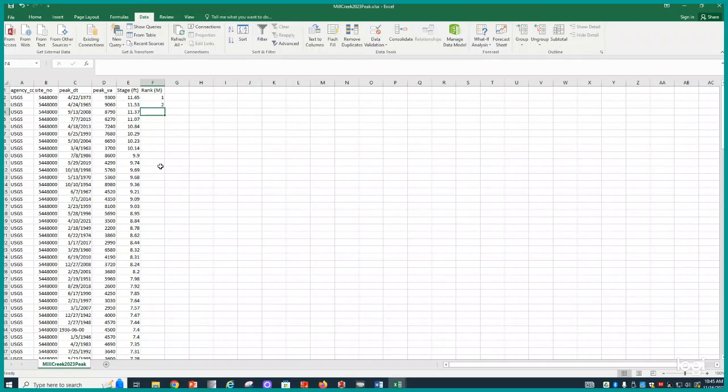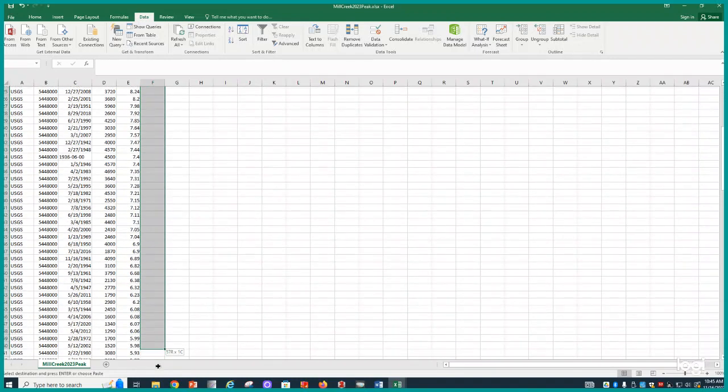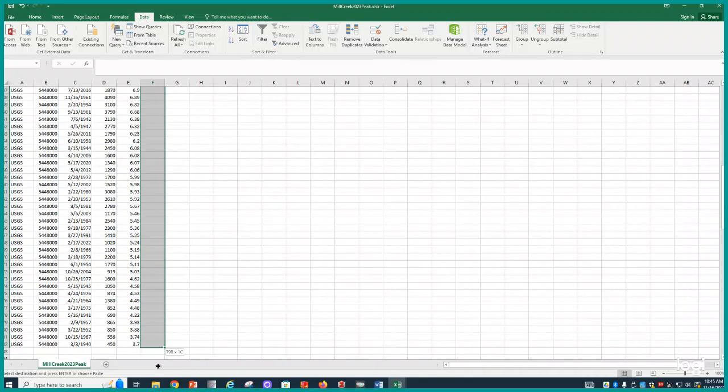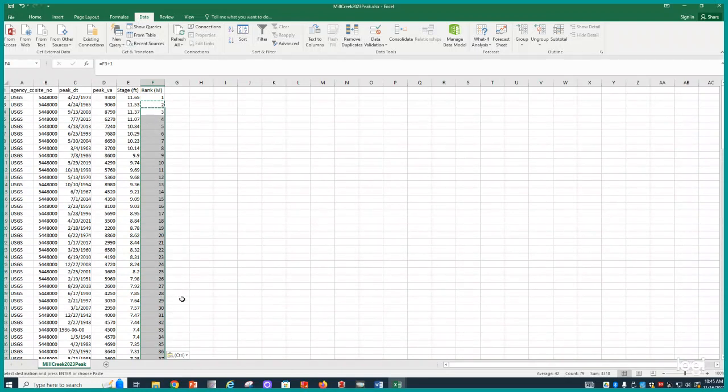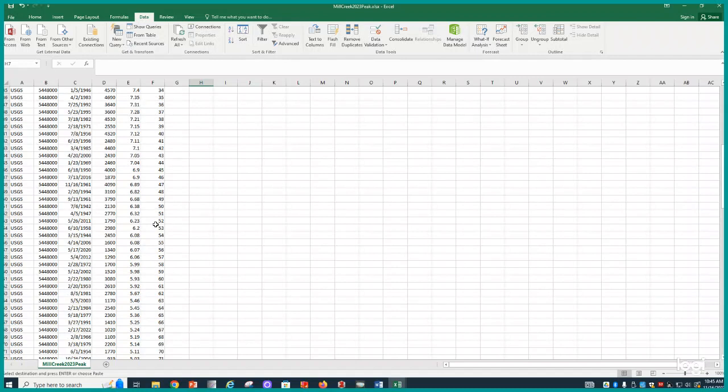So that just made it 2. Now you could go through and number all these yourself, but I've just made it easier for myself. I gave it this formula, and now I'm simply going to copy that formula, Control C, then highlight all of the fields beneath it, down to the bottom, and paste that formula in there using Control V, or you can do, I think, a right button click. So now I've got 1, 2, 3, 4, 5 all the way down to the bottom, and I see